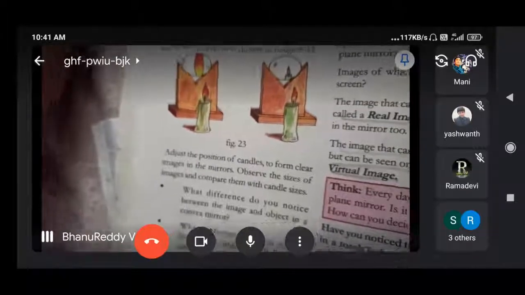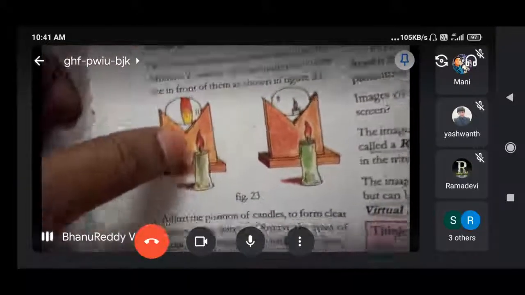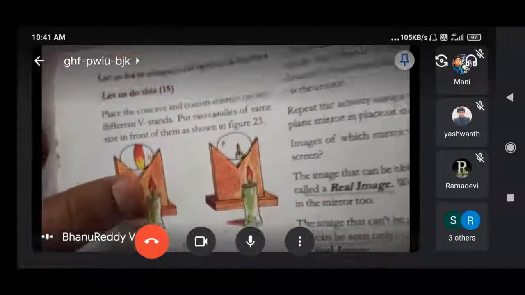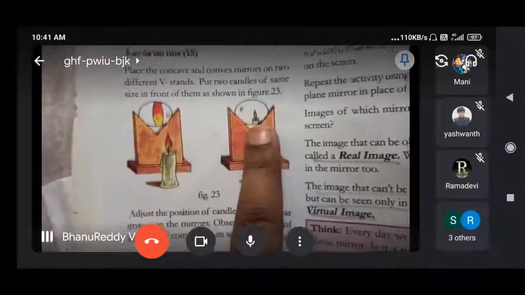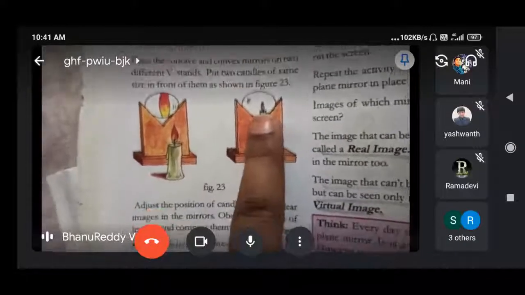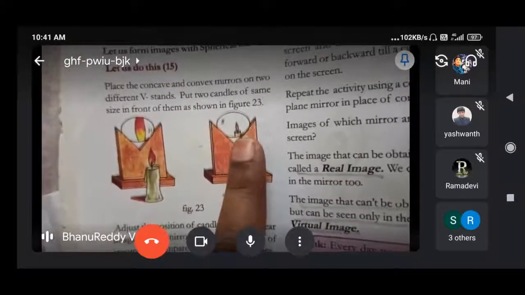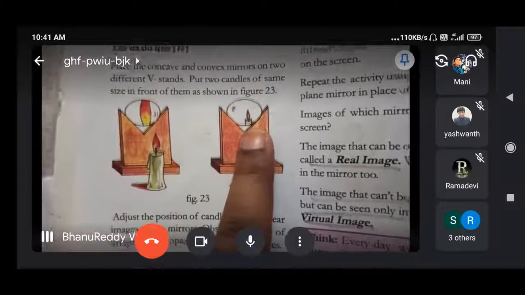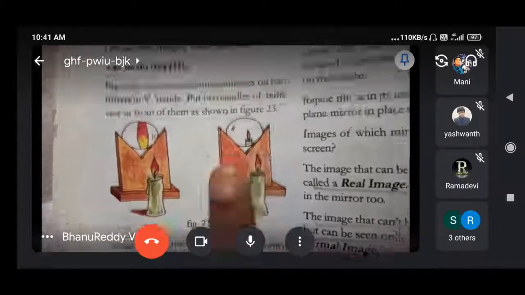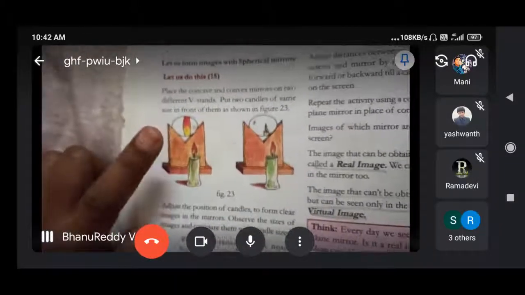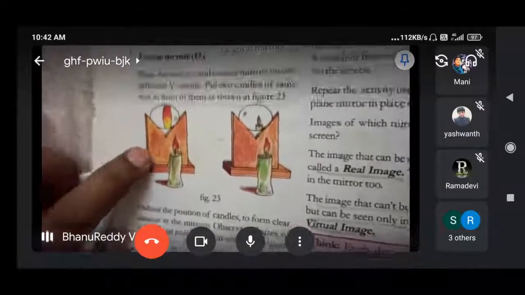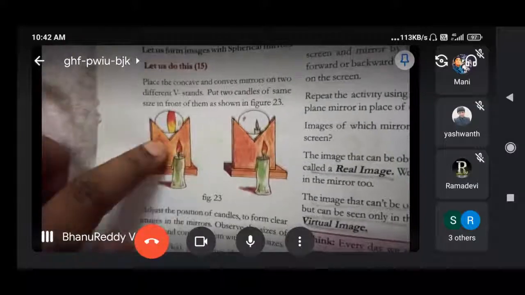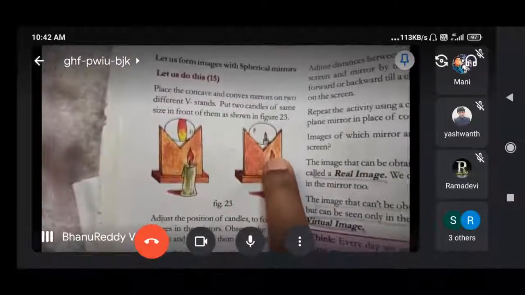And bulged in is concave, which gives a bigger size and reversed image. And here a smaller size erected image, not inverted. Lateral inversion is there. If we stand in front of the convex mirror, lateral inversion will be there and a small sized image. And here a big size image, reversed, inverted, the image comes upside down. These are concave, these are convex. Okay boys, all of you?